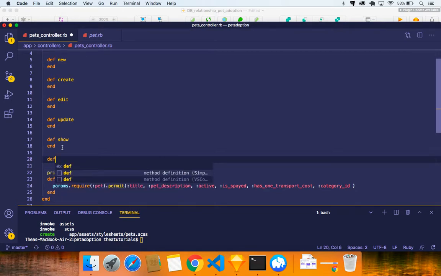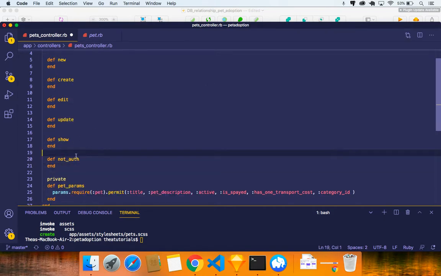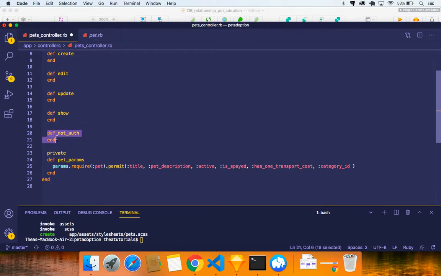And in that method, you can call it whatever you want. I'm going to call it not_auth, and I'm going to end that. After we do this, we can do whatever logic we want, but we need to actually create a variable first. We have to create a variable, because if we don't,